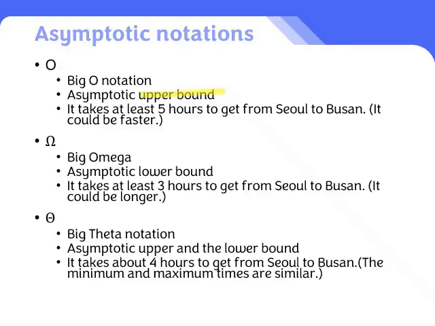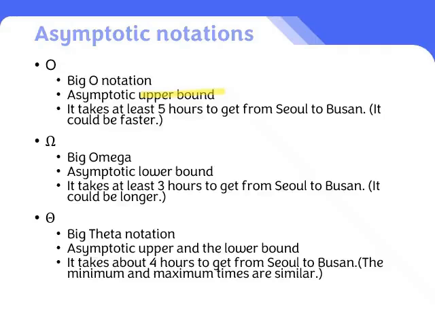That's the upper bound. Actually, this big O notation is the most commonly used notation in the fields of development and computer science. That's because what people care about most is when something will finish. And this notation guarantees that it will finish at least faster than this amount of time. So, among the algorithms we've used, roughly, algorithm B, this one is what we call big O of n squared, or big O of n to the power of 2. Big O of n squared.